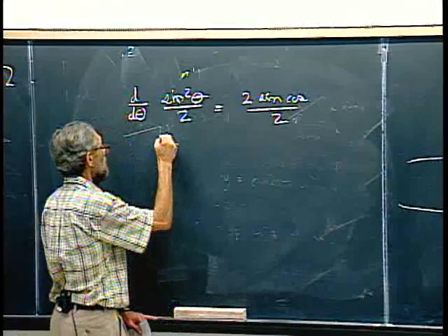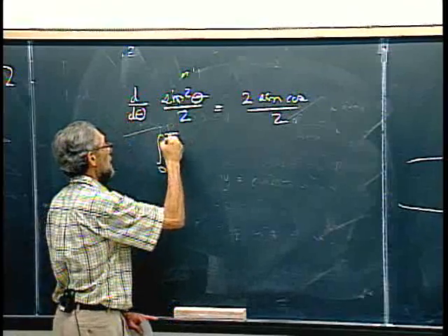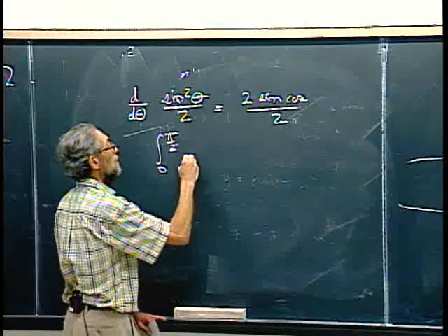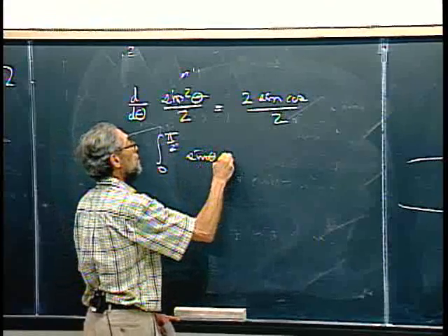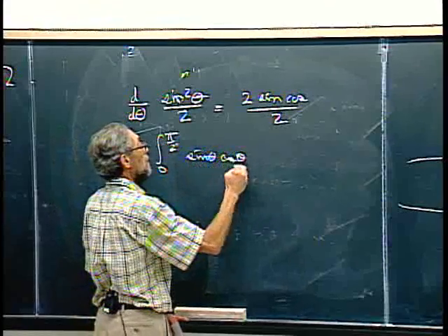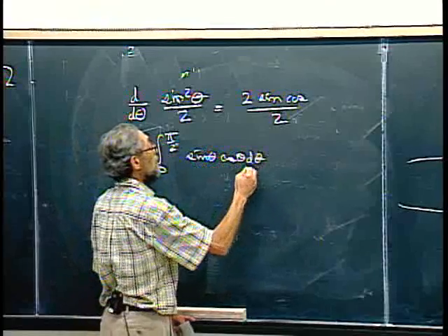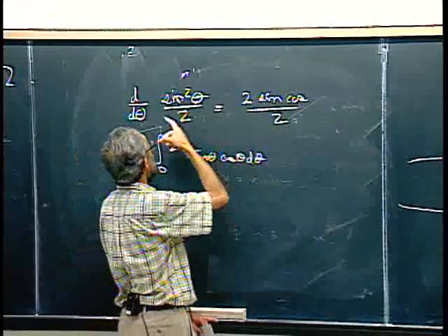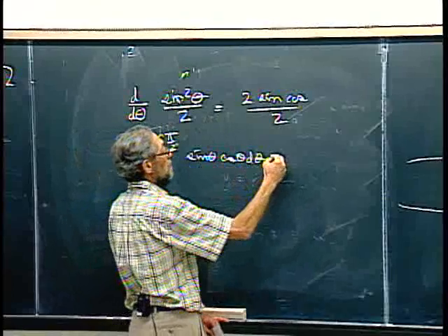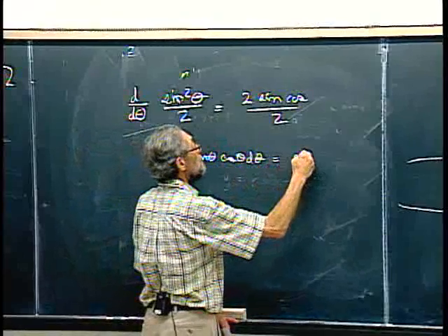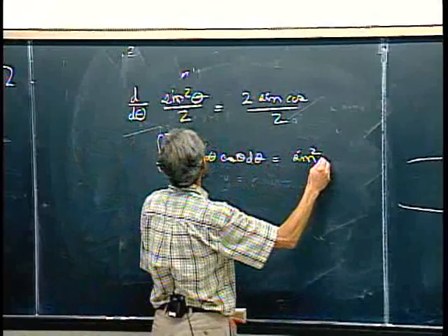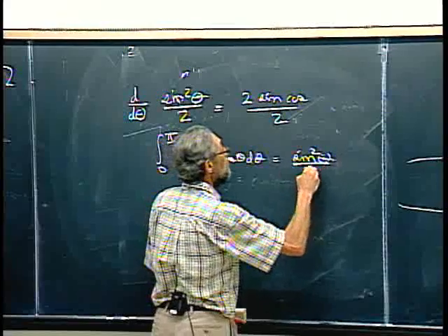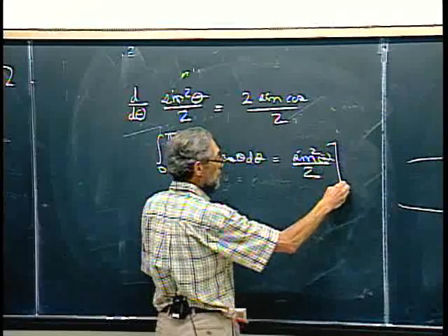So what that means is the integral from 0 to pi halves of sine theta cosine theta d theta is this quantity, the antiderivative, sine squared theta over 2, evaluated between